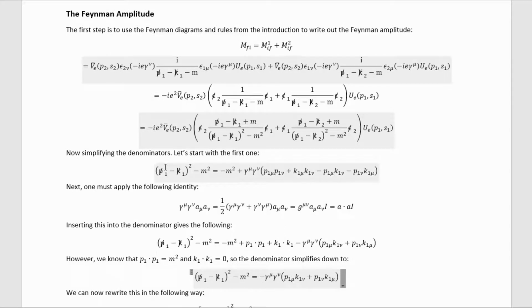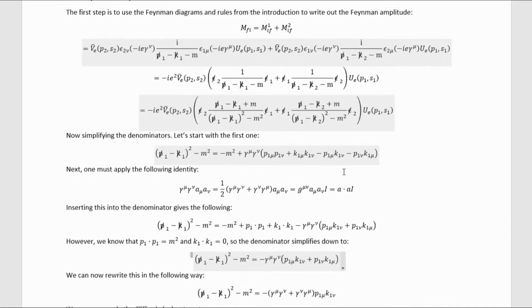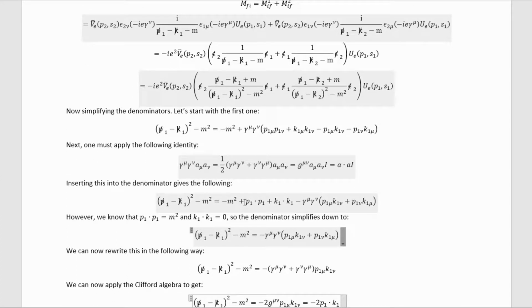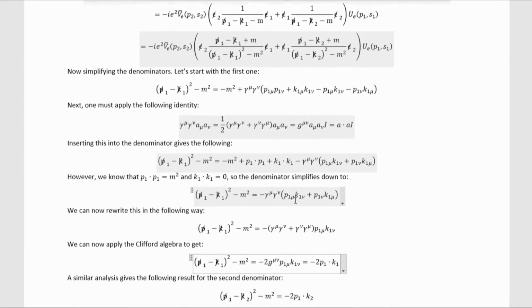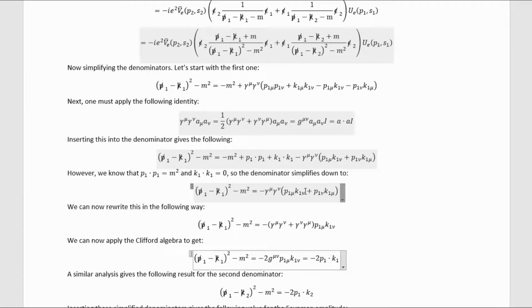Now we can simplify down the denominators, specifically multiplying out this square gets us to this after we write it in index notation. Then for the terms where the vectors are the same, we can use this identity to replace them with dot products, which gets us here. This one just equals m squared, of course, which cancels that negative m squared, and then this one's just 0 because photons are massless. We can then rewrite this term in terms of an anti-commutator of gamma matrices like this,